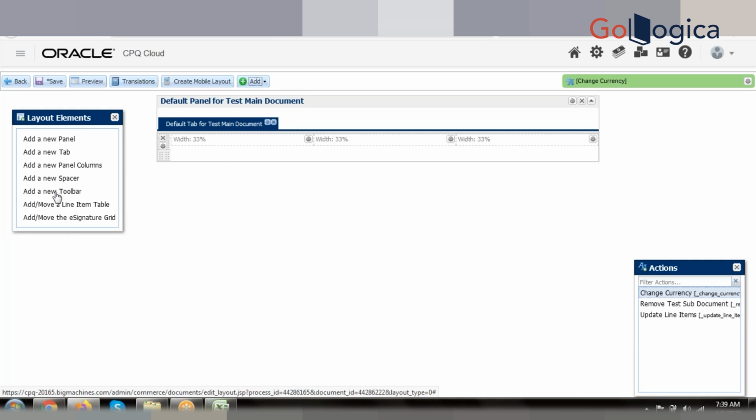So earlier it was action strip, so I guess it should be a toolbar. So let me check. Yeah, so in the earlier versions you could see an option called action strip. Now it is called a toolbar. So you can drop it in your respective layout position,